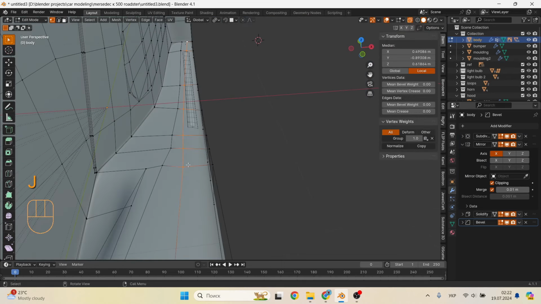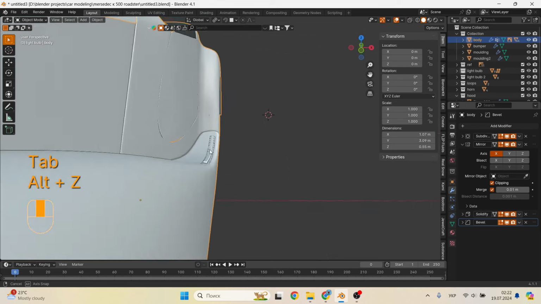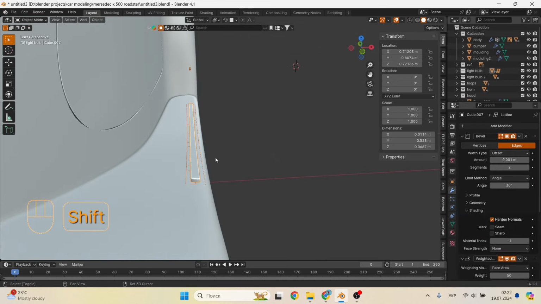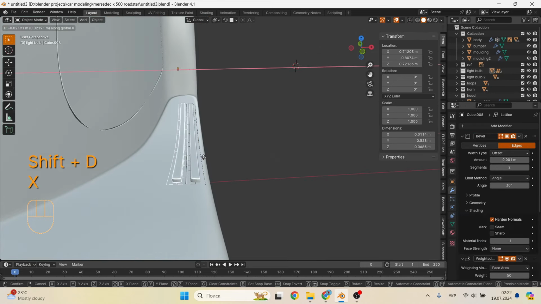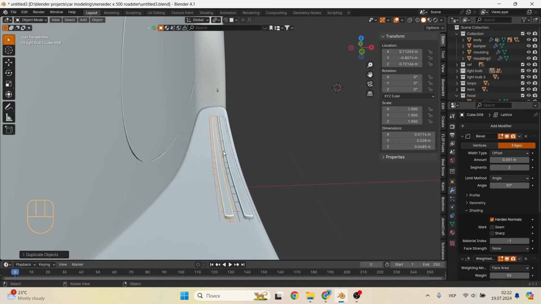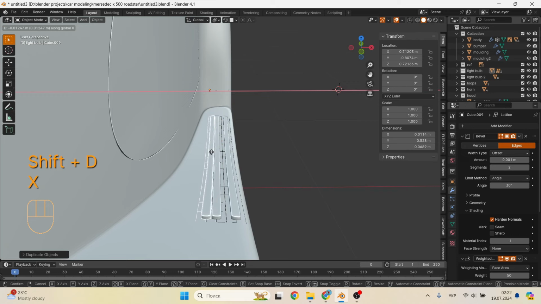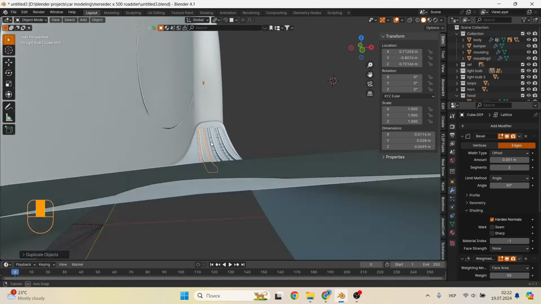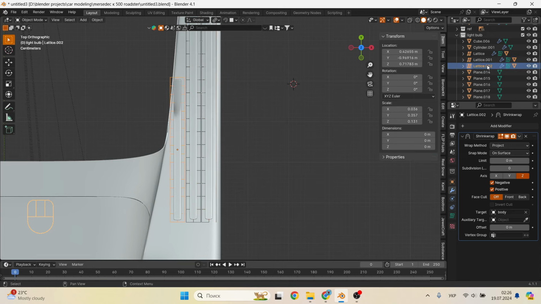Now the thing is that the car's door sill is very rounded. I divided the edge into two parts near the rear wheel arch, and on the front wheel arch I already had edges. And so I combine them with the J button, and it is necessary to move these edges to the edge. By pressing the G button twice, this function helps to move the vertices along the edges, without deviating to the sides. Well, that's good.